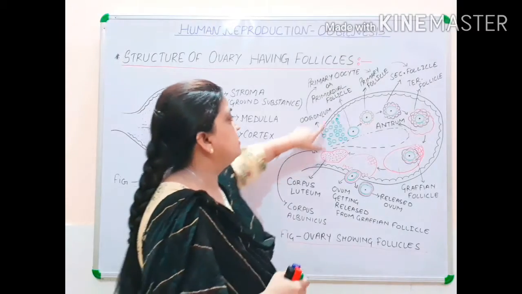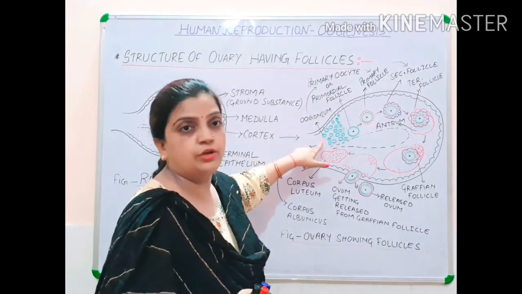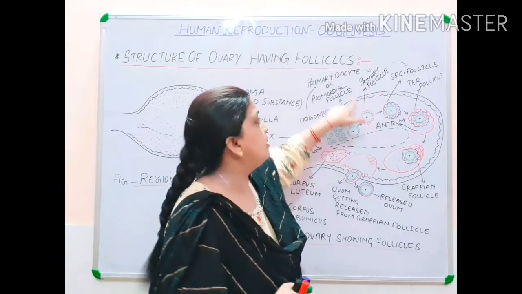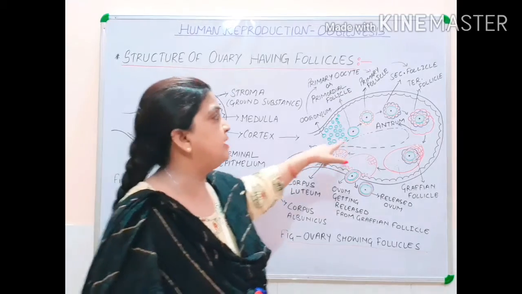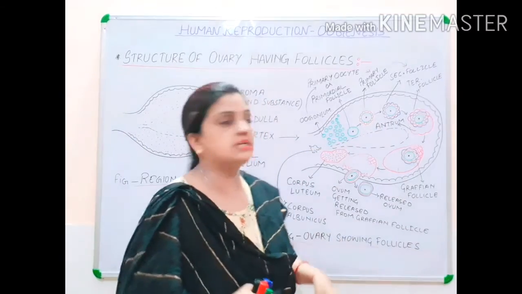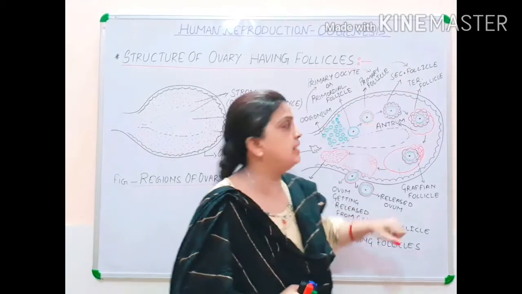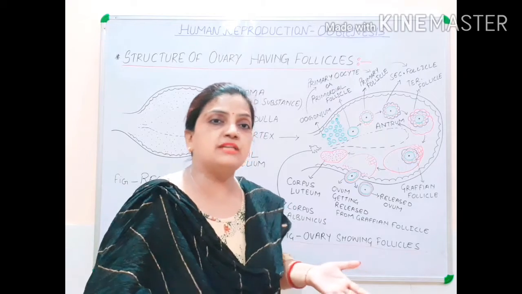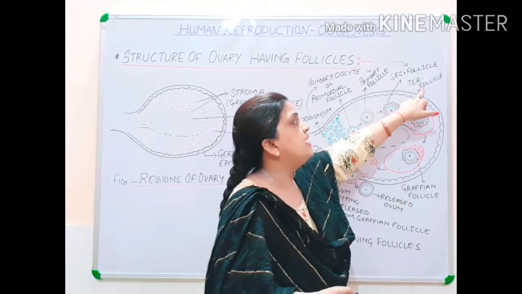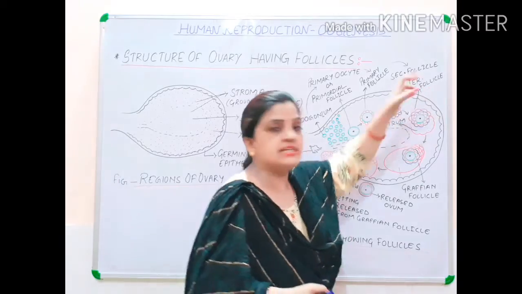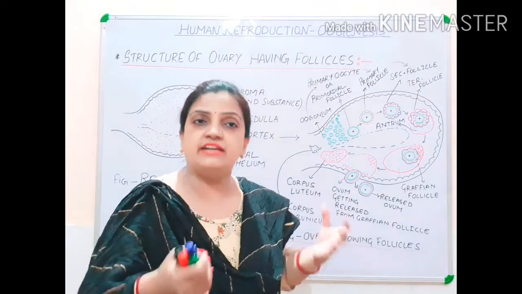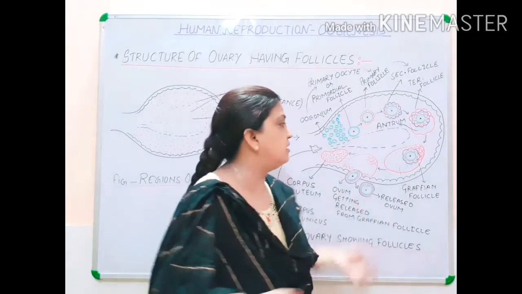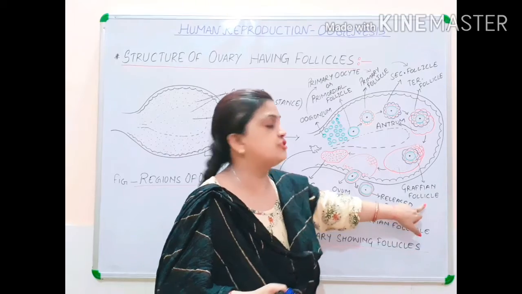In very brief, the germinal epithelium will be forming oogonium. Oogonium will be surrounded by granulosa cells to form the primary follicle. The primary follicle will be enclosed by another layer of granulosa cells, and they will form the secondary follicle. The secondary follicle will again be wrapped by another granulosa cell layer, and the structure formed is called the tertiary follicle. This tertiary follicle will then get developed in a more well-conditioned manner, and the structure formed is called the